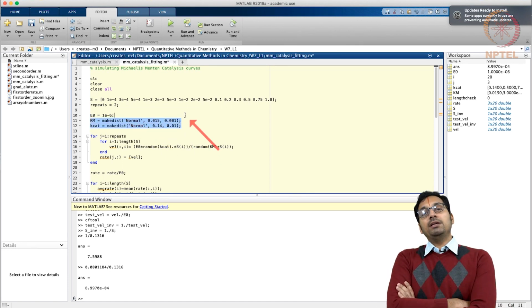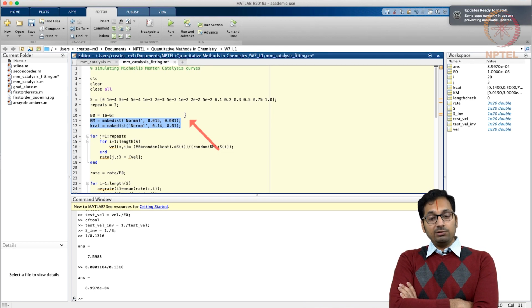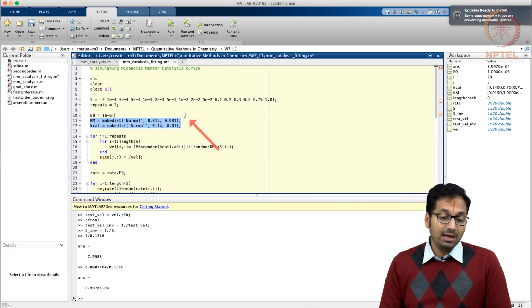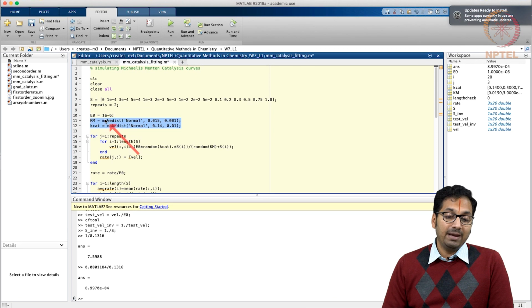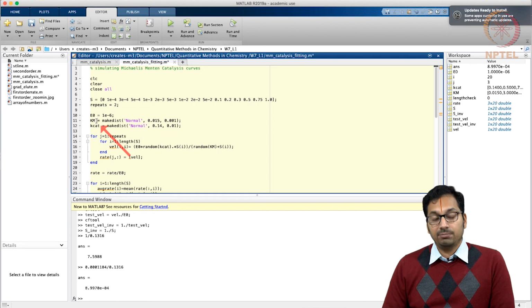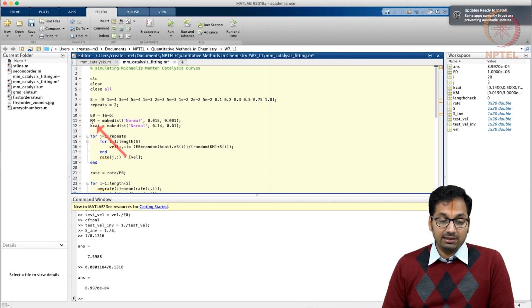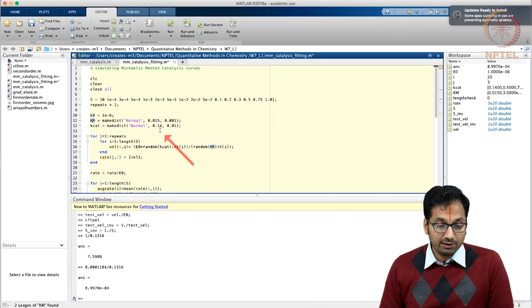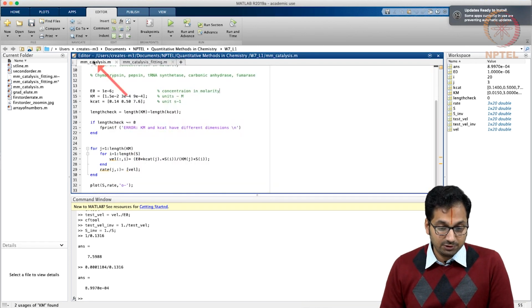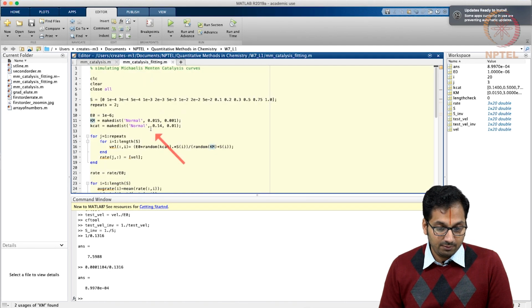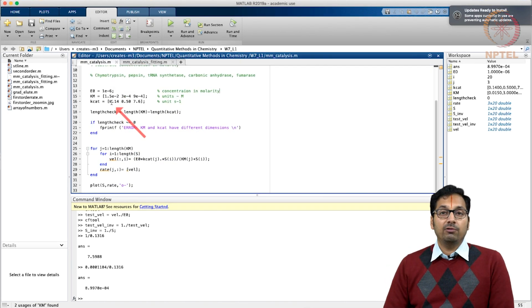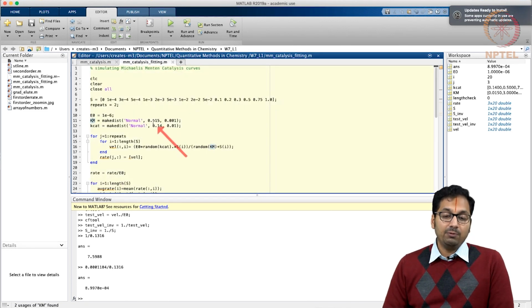If you might remember the initial lectures where we were trying to understand the Gaussian distribution, basically the normal distribution, we used this kind of function called makedist. We are trying to do the same thing, where this time we are trying to noise correct the Michaelis-Menten constants, that is Km and Kcat, with their average values. We are still using the same average value that has been used for chymotrypsin earlier. Let us see what was used, 0.015, sorry, 0.015 and 0.14.